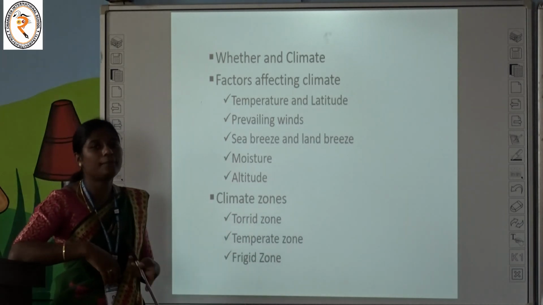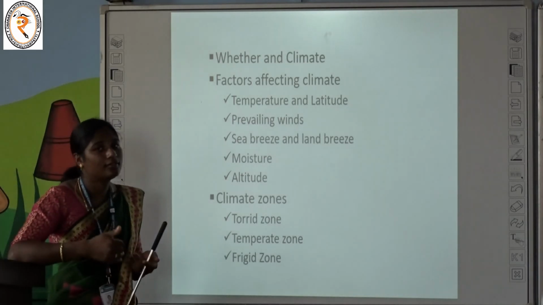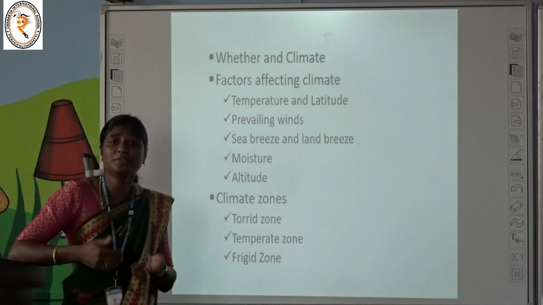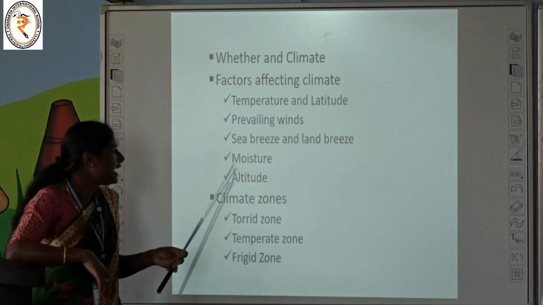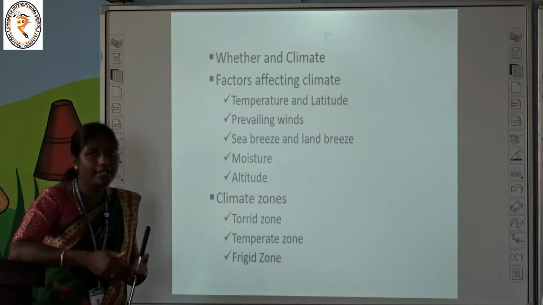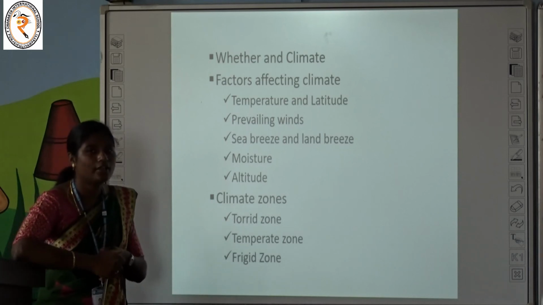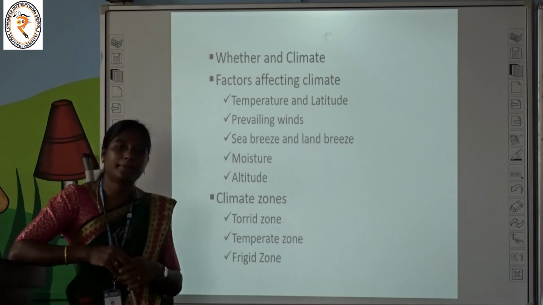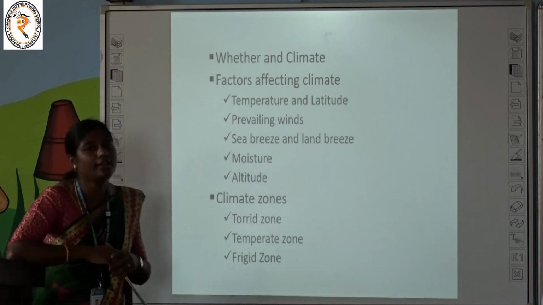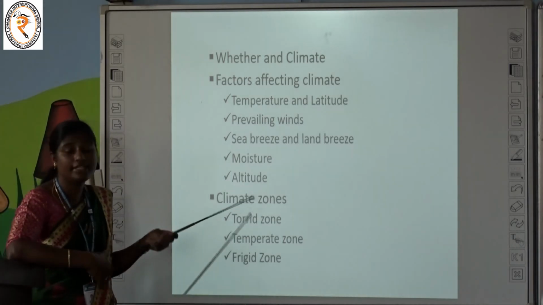And next, moisture. Moisture means water vapor present in the air. The air becomes more humid, cooler, and causes rainfall. And altitude: according to the height, the temperature will vary. Take mountains: the mountainous regions have cool air and the temperature is moderate and pleasant. So these are some of the